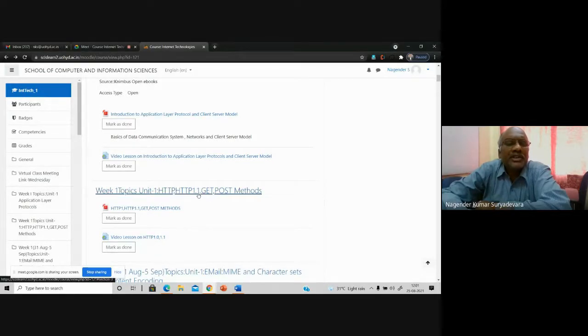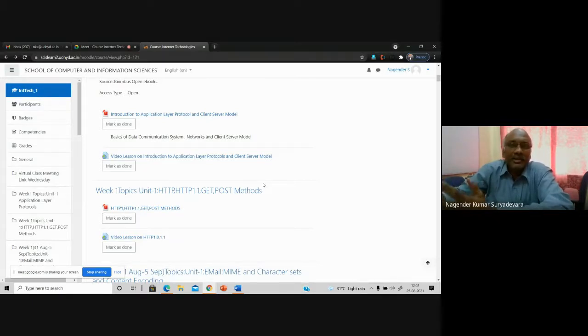So with this small introduction on the client-server model, let us go through a different set of application layer protocols which this client-server model supports. Basically, the client-server model follows TCP/IP internally. That is nothing other than that, nothing else. Now you may have some curiosity.